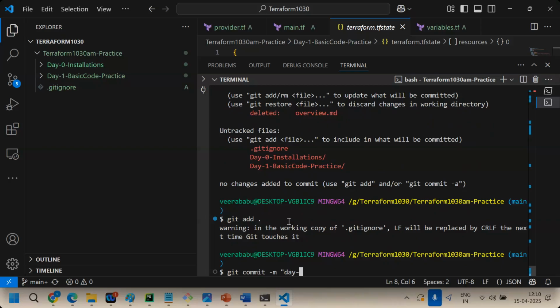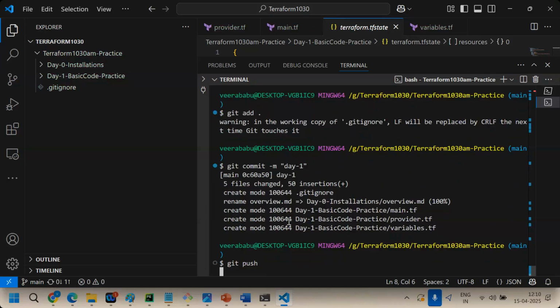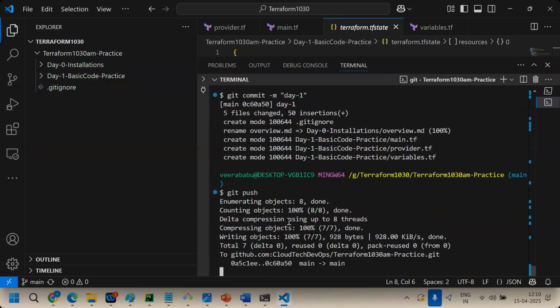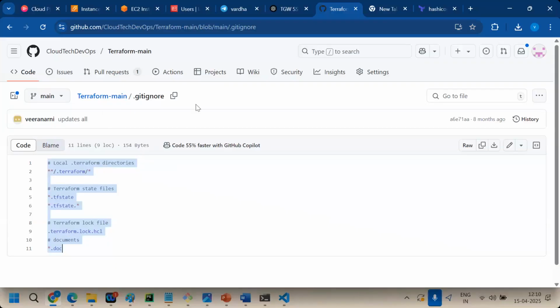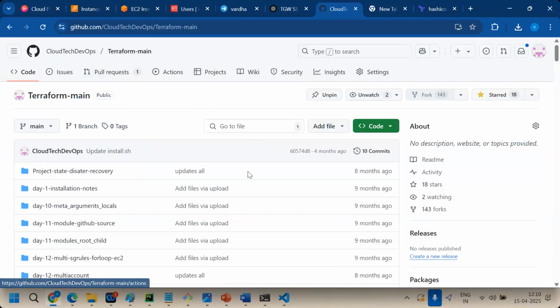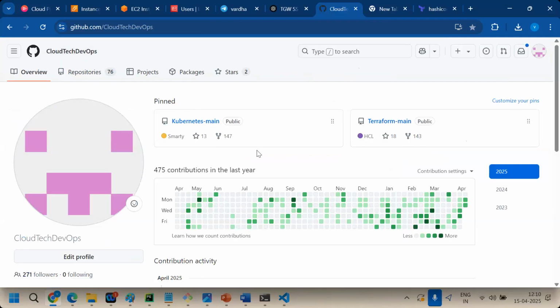Day one. Then I have pushed the repository also. So please don't clone and simply run it. Try to run the code as I have created it. If you clone, copy the code, paste and run, no use, guys.